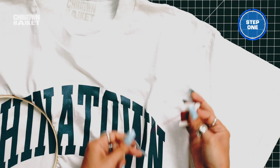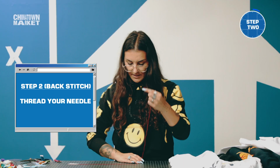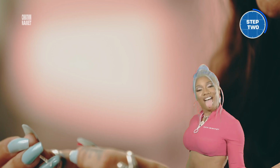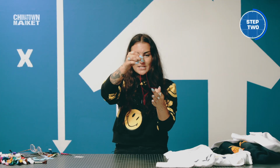So I don't need too much. I'm gonna stop it right here, and I'll be cutting from this now. Foot or so of thread, slip it through the eye of the needle. This embroidery thread is actually two threads wound together. In order to make sure it goes through, I'm gonna lick it a little bit. There she is. Okay. You're gonna want one side to be a little bit shorter than the other, and on